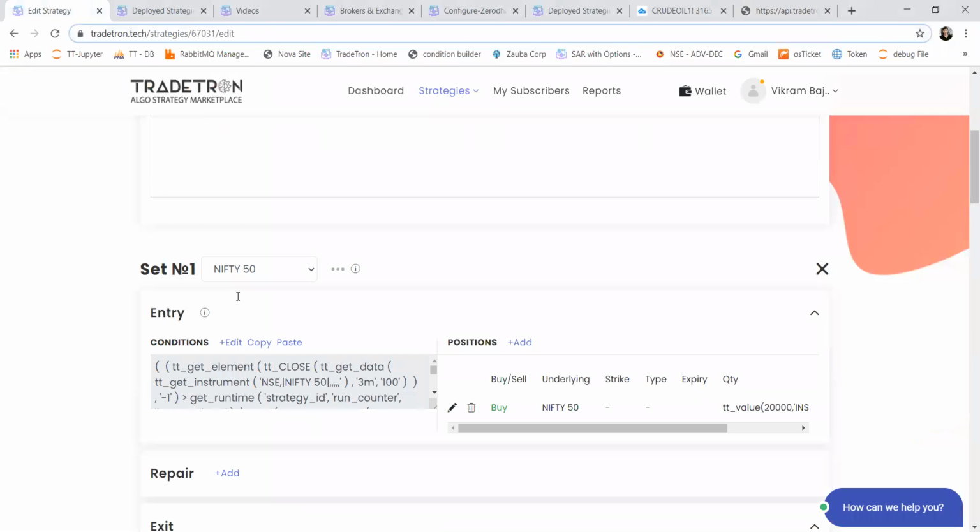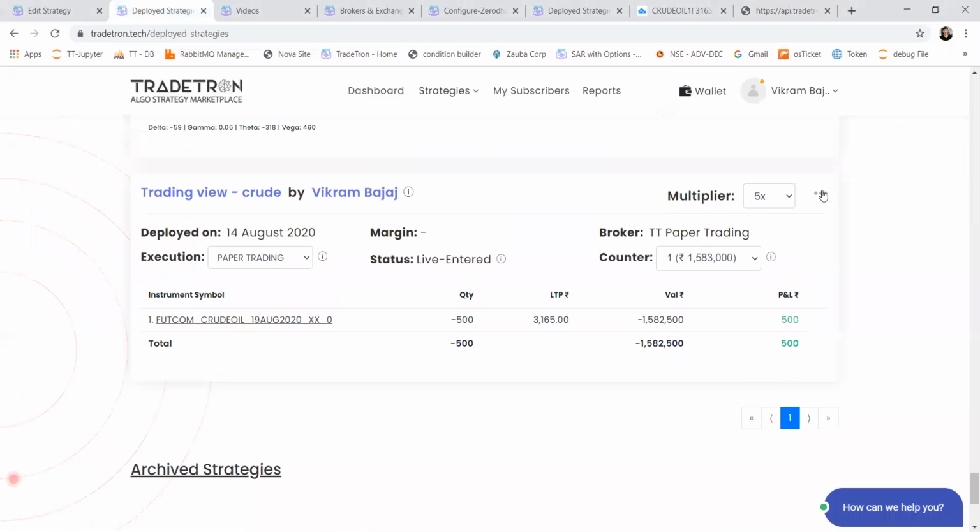I created a list and a strategy with that list. If I modify the list, say add some more stocks, will the strategy get updated automatically or I have to do it manually? Okay, so if you are trading with list, go back to our crude strategy, click on edit.